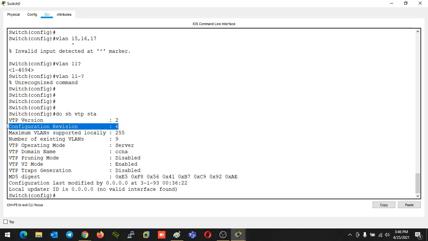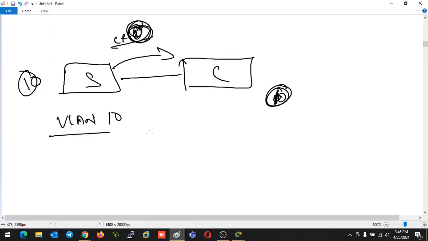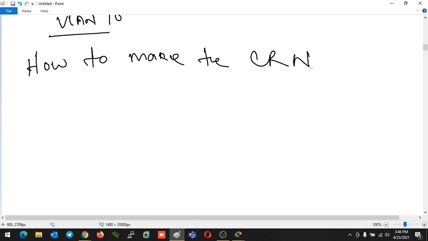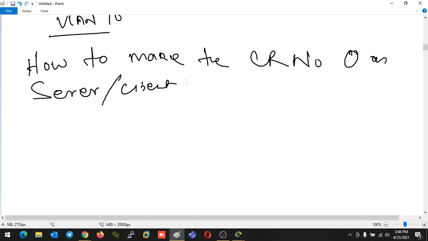In case I want to change the CR number, there are 2 options. This is the most important question for the interview also. So why am I writing server and client?